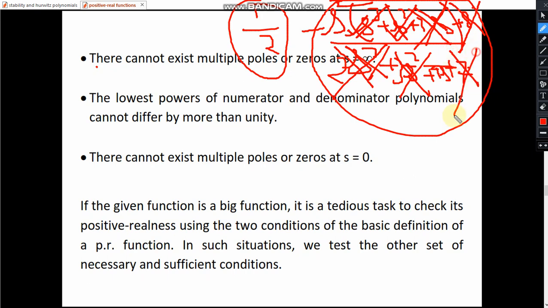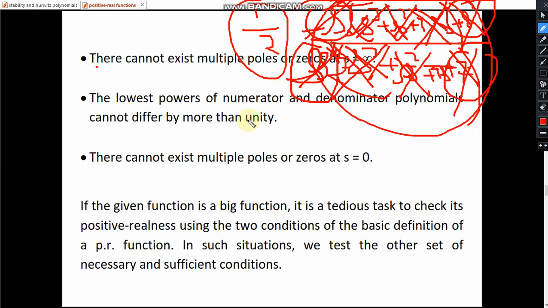Now here this is also missing, then s can be taken as common from here also, and s and 1 power of this can be cancelled out, so there is a 0 at the origin. So the difference of the lowest powers will tell us the number of zeros or poles. But if suppose here lowest power is less and here lowest power is more, then more number of s can be taken as common here as compared with here. So ultimately some of them will be cancelled and there will remain some powers of s. That will tell us the number of poles at the origin.